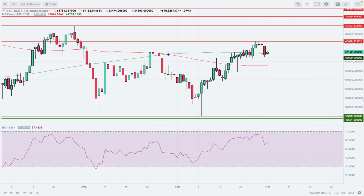Let's take a look at the Bitcoin to Tether at Zondacrypto. This is a daily time frame chart. Japanese candlesticks and basic levels are right now on this chart. Obviously, we got the recent swing high on the chart located at